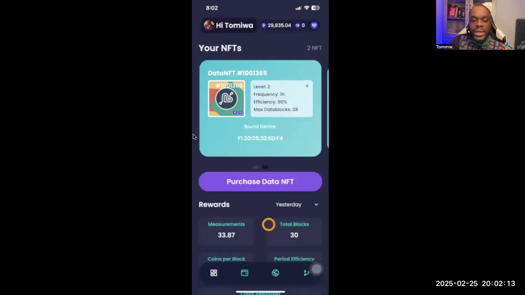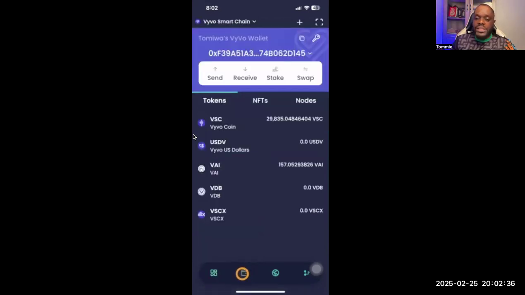And this is it. I hope you guys can see my camera, right? This is the card, Vivo Pay card. It's a MasterCard that, if I want, I can convert the entire 29 or 28,000 VSC to cash and go to a supermarket and spend it now or anywhere. I can do that. It's as easy as possible. All I need to do is just come to my wallet here,